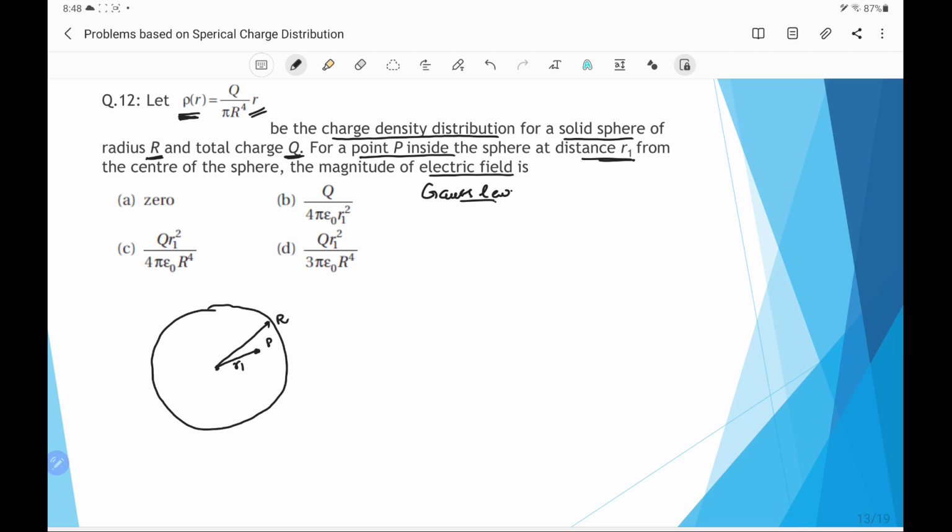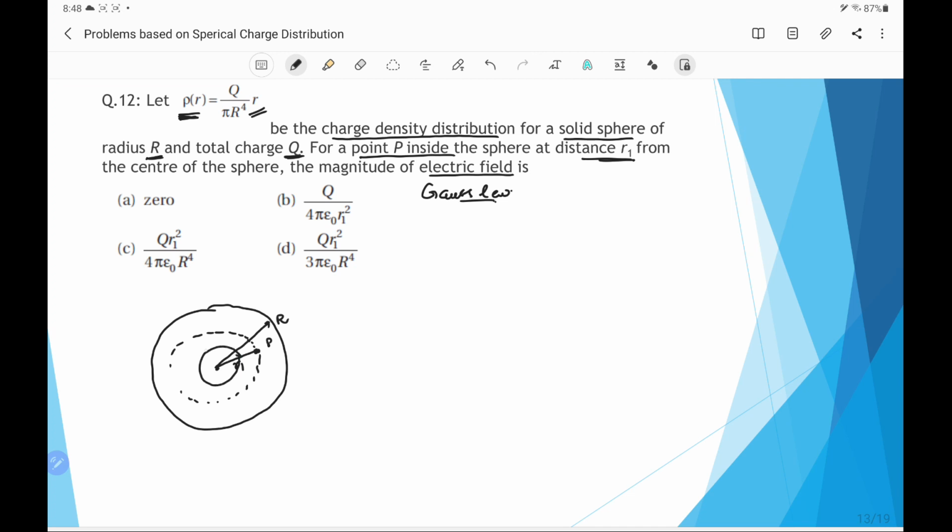Density is proportional to r. It means as r increases, the density increases. Therefore, we have to use the integral method to get the charge enclosed by the Gaussian surface. This is the Gaussian surface for which we have to find the electric field. Therefore, first we take